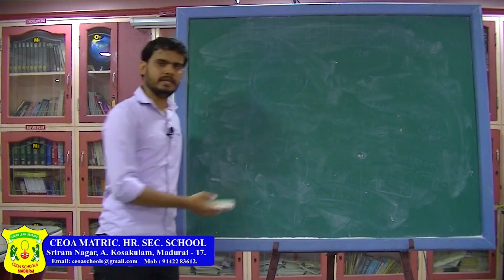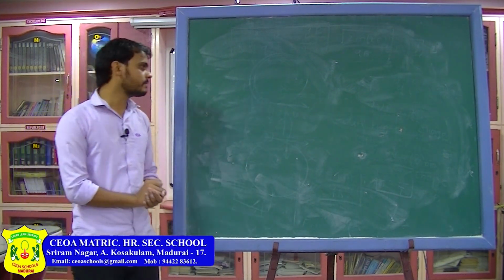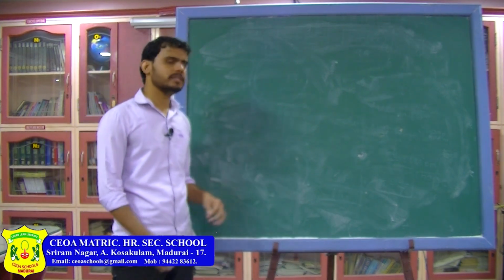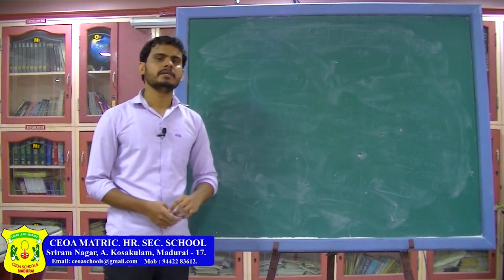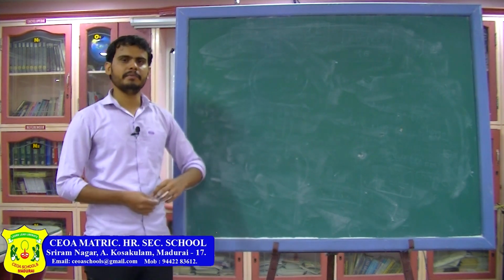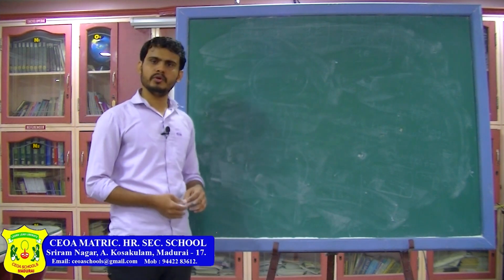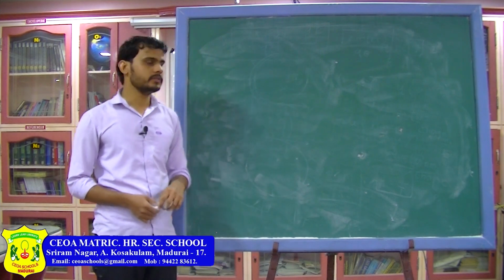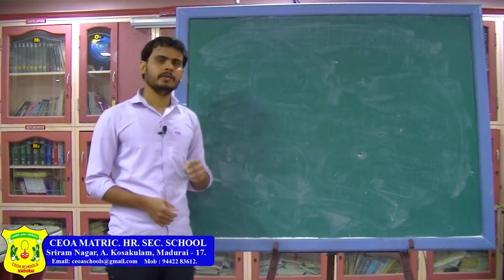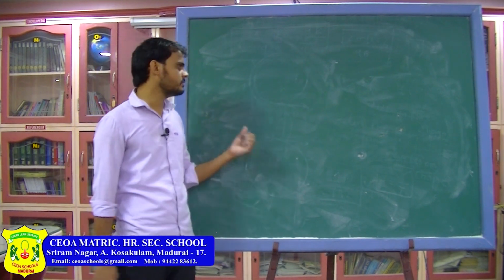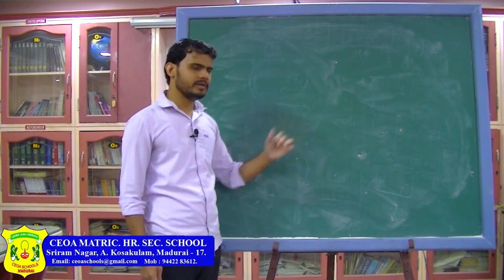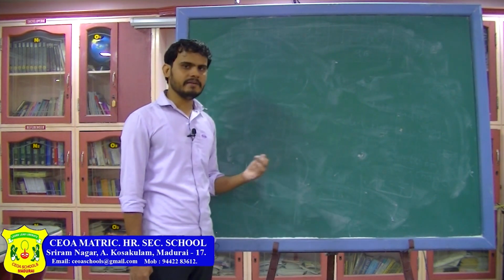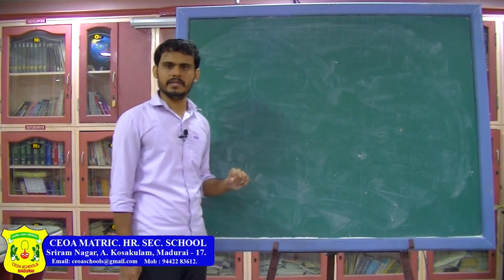So we have seen two special cases of magnetic force. First, when the magnetic field and velocity were parallel or anti-parallel, in that case the particle's path was a straight line. Second, when velocity and magnetic field are perpendicular to each other, the particle does uniform circular motion, and for that you have to remember the formula for radius, the formula for time period, and the formula for omega. If you know the time period, you can write the frequency. And the standard result is that radius depends on the velocity, while time period, omega and frequency do not depend on the velocity.